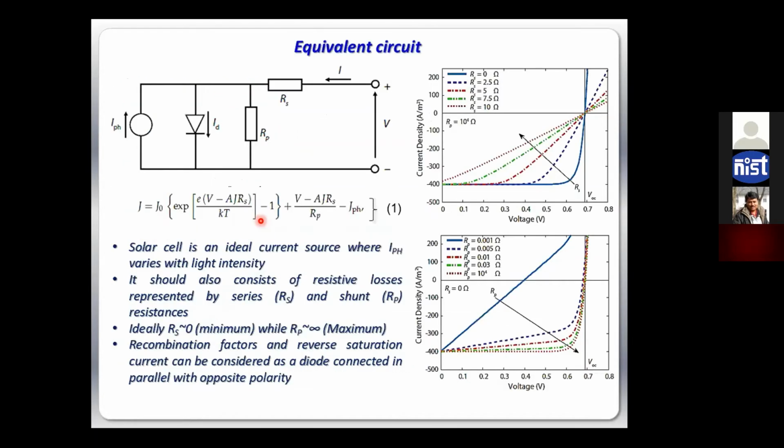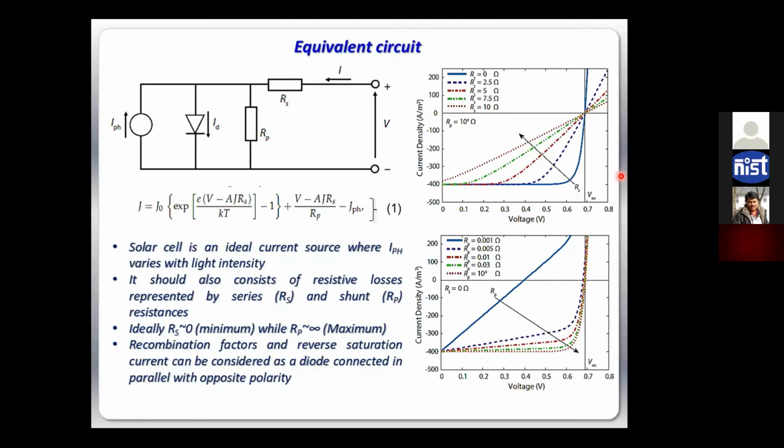Okay, so let us also see what is the equivalent circuit of a solar cell. Now we understand everything, the losses and all these things. So how to make an equivalent circuit? Because ultimately, to make a panel and all these things, we need to understand the solar cell as an electronic thing, like we do for transistor, diode, and all these things. We have an equivalent kind of thing, right? So that we can utilize them as an electronic component wherever required, and we can design our circuit. So the equivalent circuit for a solar cell is equally important.